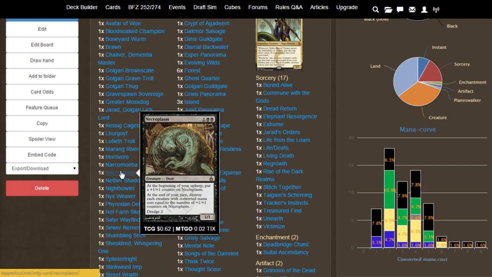Necroplasm. He's a little bit of a no-go with Sidisi, so he's complicated. At the beginning of your upkeep, you put a +1/+1 counter on him. He's a 3-drop 1/1. He's got Dredge 2, so that's a big reason why he's in the deck. But at the beginning of your upkeep, you put a counter on him, and then at the end of your turn, you destroy each creature with converted mana cost equal to the number of counters on